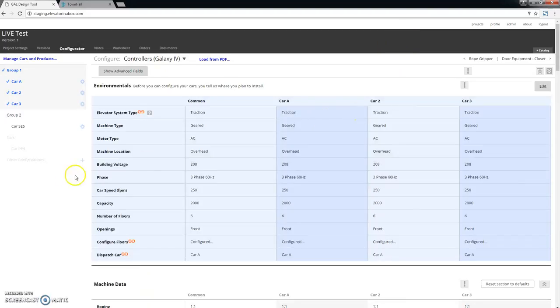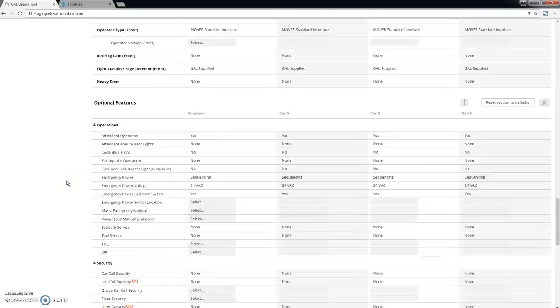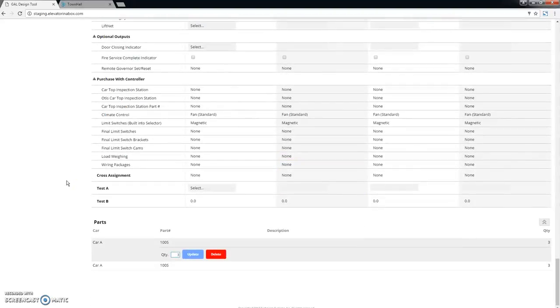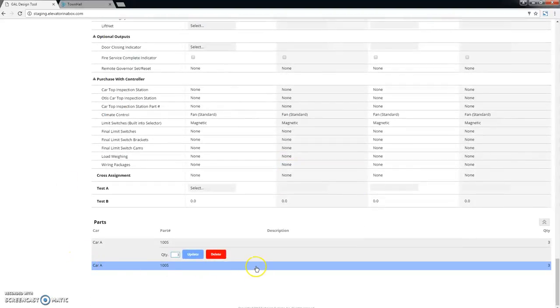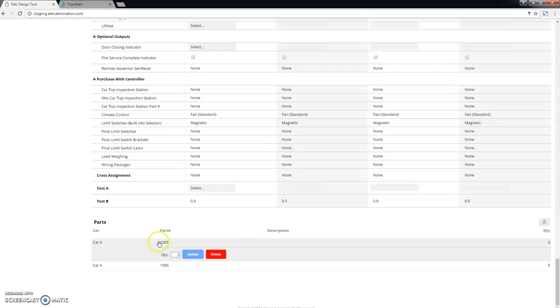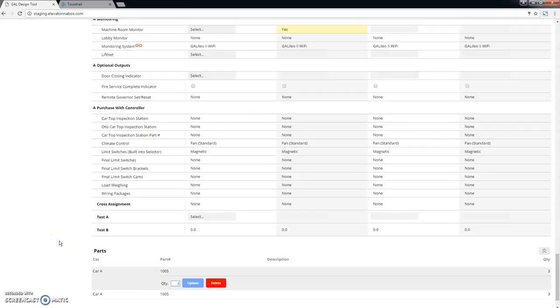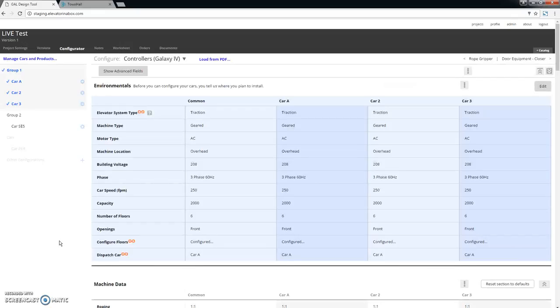And we will close, and when you scroll to the bottom, you will see that you have part number 1005 for car A. Scrolling back up,